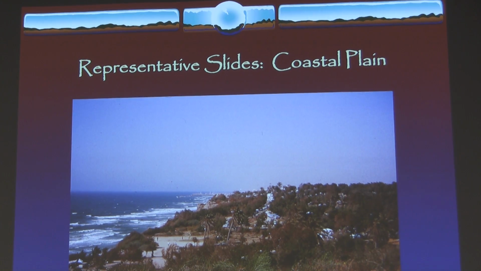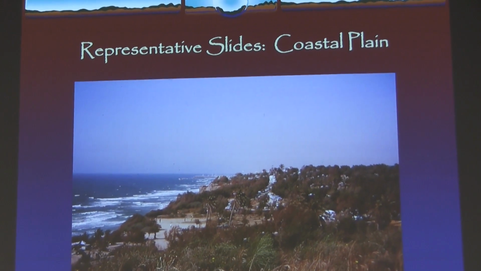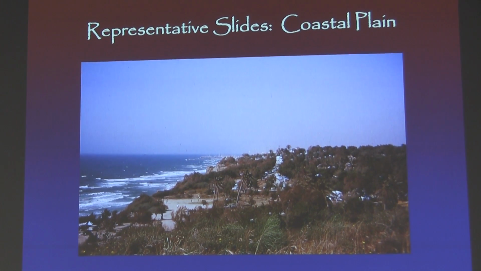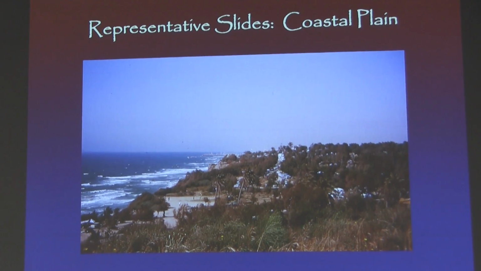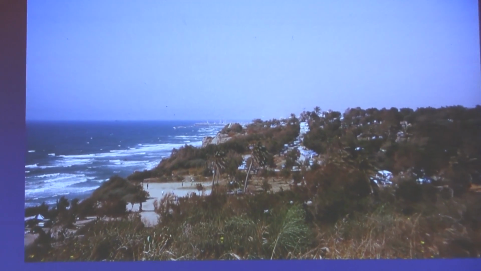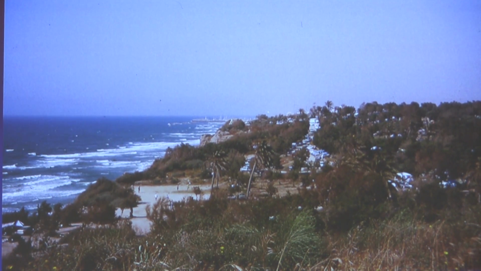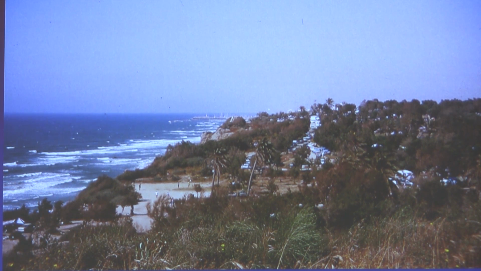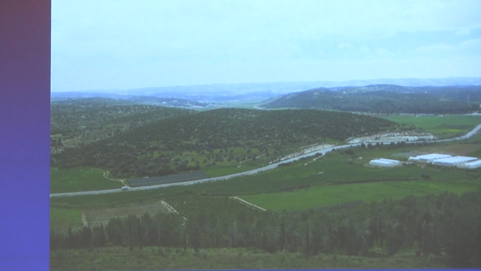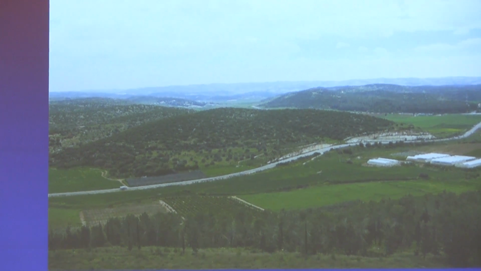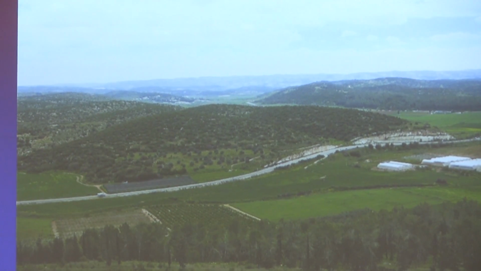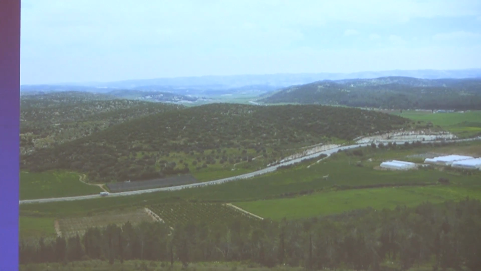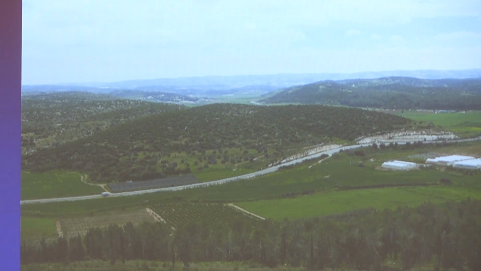Just some representative slides as we draw some of these things into a visual way of looking at it. This happens to be the city of Ashkelon, a major Philistine city, but it has had continuity well beyond that, huge in the Crusader period, and also a contemporary city as well. Notice as we move inward, think of that schematic cross-section that I did for you, and here is the Shephelah. In other words, the lowlands.